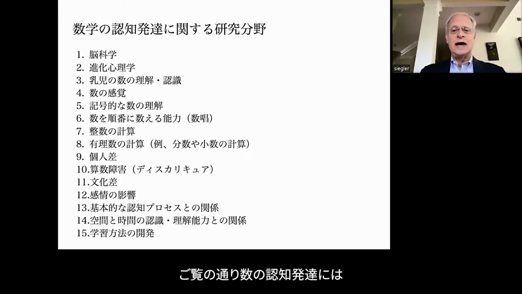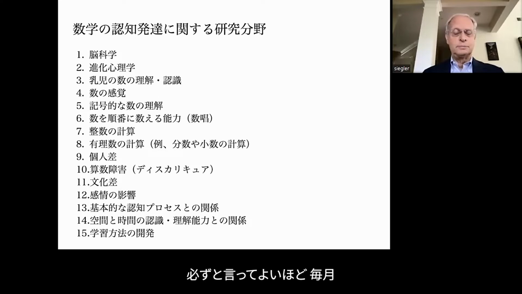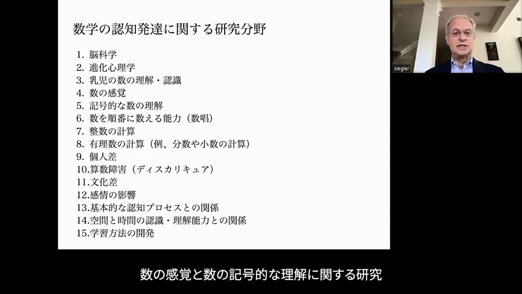So you can see how broad this area of numerical development is by looking at all of these major areas. So not 1 month goes by without interesting new articles coming out in every one of these areas. So there's research every month on the brain basis of numerical development, the evolutionary basis, infants' understanding of numbers, non-symbolic and symbolic representations of numbers, and I'll be explaining what those mean in a little bit.